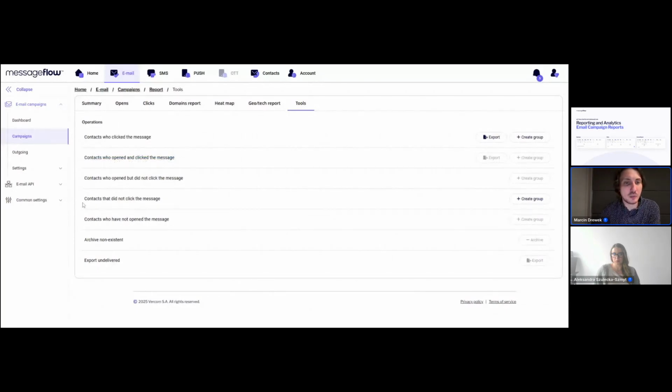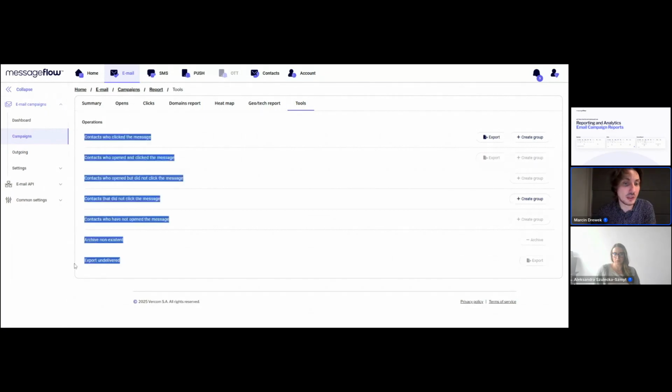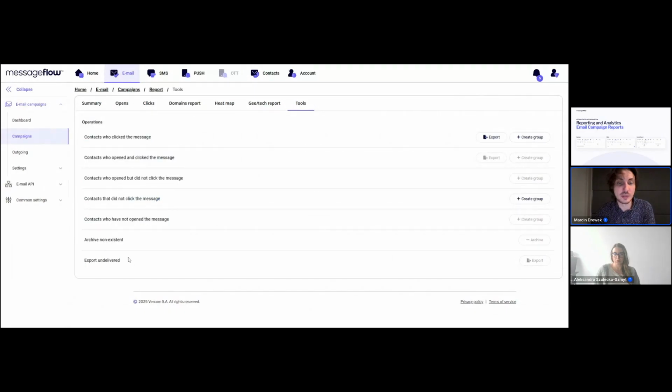We can create a group of the contacts that didn't click, or, more usefully on that matter, use the button to archive non-existent contacts, because continuing to send messages to non-existent addresses might actually impact the reputation of your domain. So use that tool from time to time, and check the reports on undelivered messages to look at how many addresses were not delivered for a specific type of